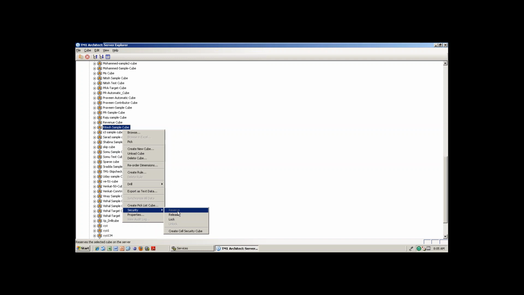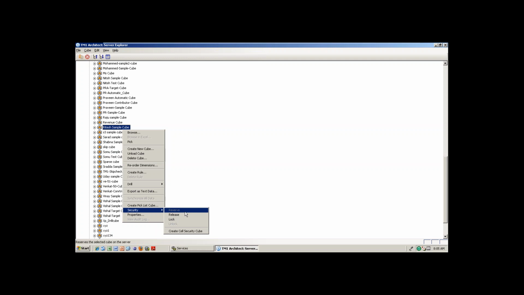So that is the reason why Ritesh is expecting, I don't want to touch this cube, sorry, Hari doesn't want to touch this cube until I complete. That means two developers are working. Maybe one developer is working and he doesn't want anybody to touch this particular cube. So what he can do is, go to the Ritesh sample cube, go to the security and reserve it. So once he reserves, nobody can touch that one. That means nobody can edit it, nobody can change the structure or something like that. But they can see it simply. But they cannot edit the cube structure.